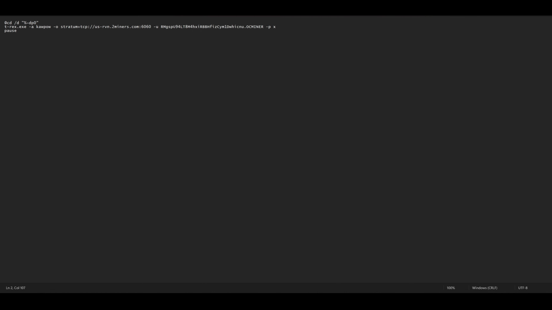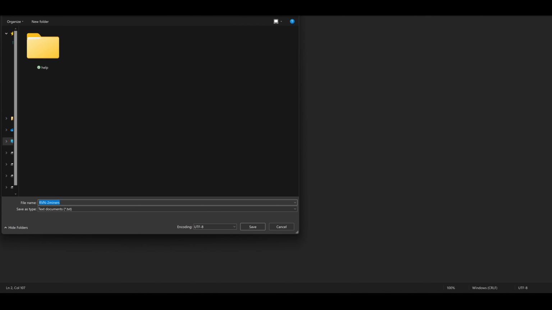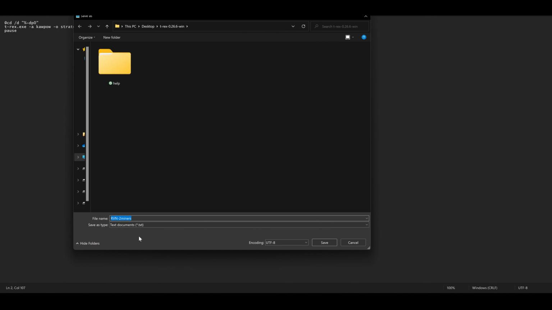After all changes, we are now ready to save the file. Come to File, Save As, and here on the file name, we can name this whatever we want. I'll just leave it as 2 miners, but you can put whatever information it is that you want to put here. Just make sure that you put .bat,